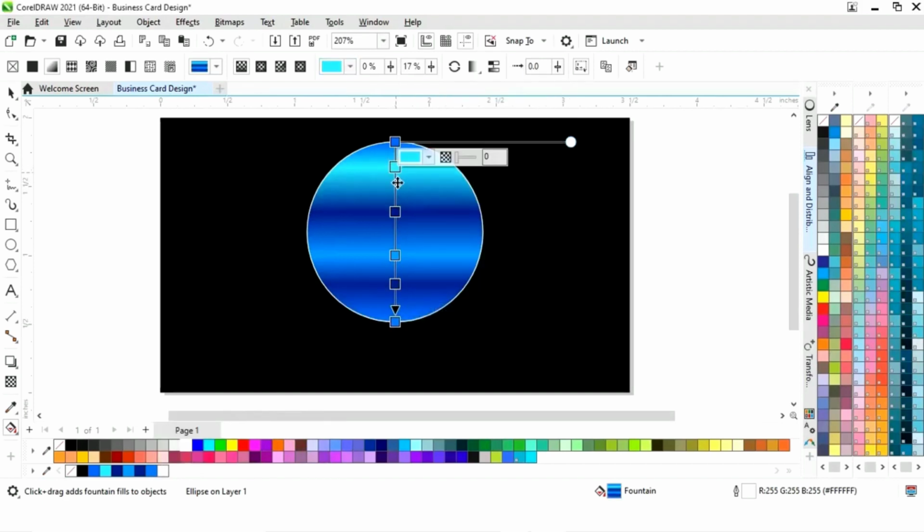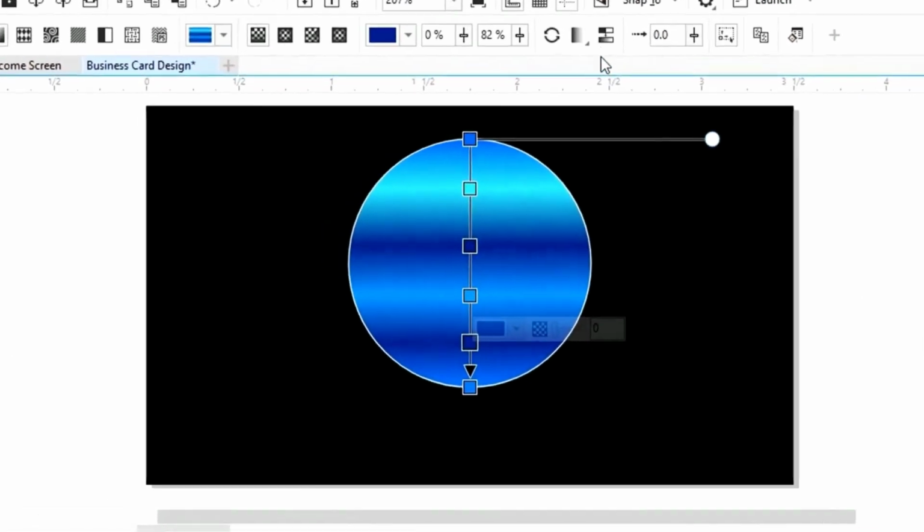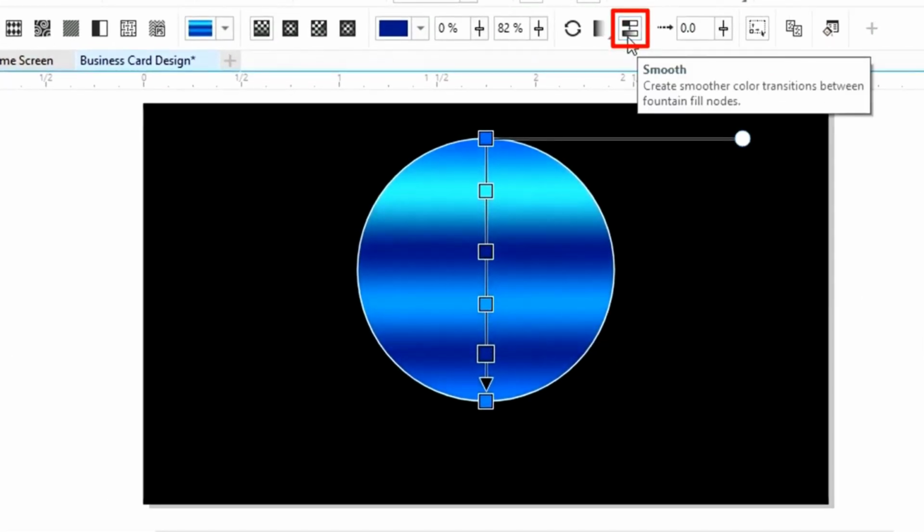Now we will adjust the colors. Now we'll click on smooth.